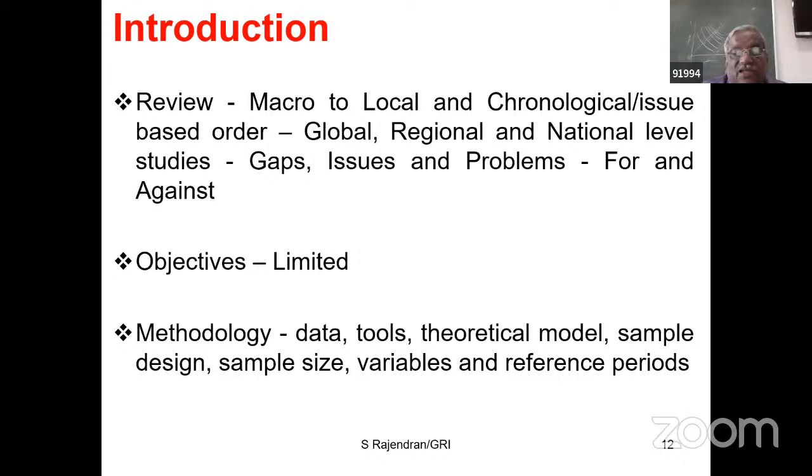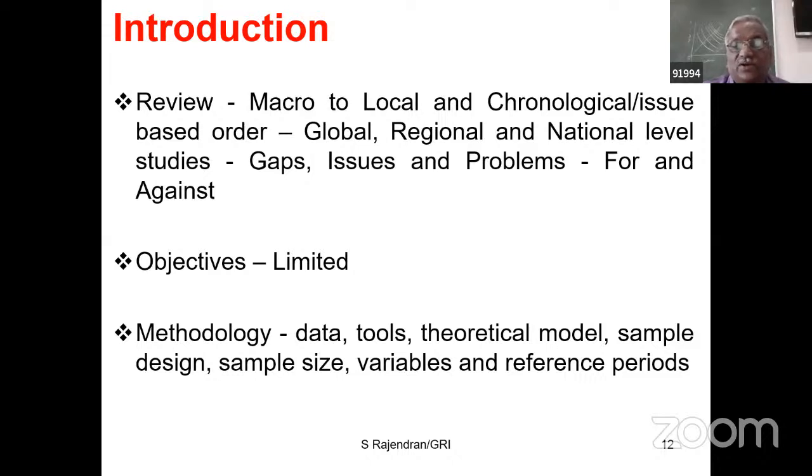Please remember this. In the thesis, in the report or in the monograph, we may have listed out more than 300 or 400 variables. But how many of these variables are relevant for your present paper? That is much more important. So you list out the variables that you are using in the present paper, extracted from the detailed report. And then you highlight the reference period, which is important because most of the time the reader keeps watching for the reference period.